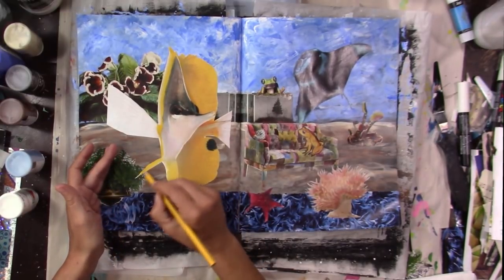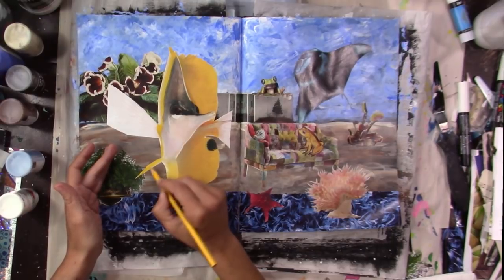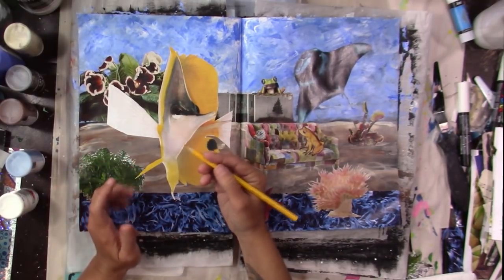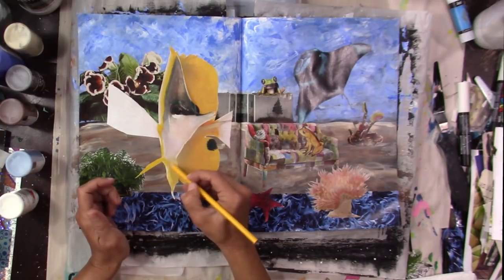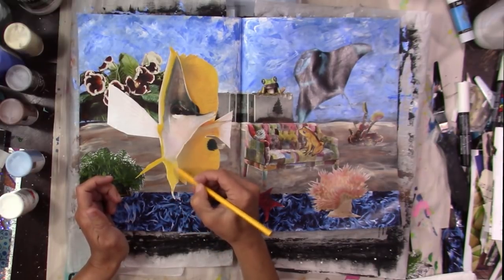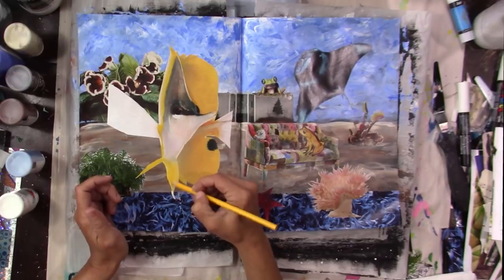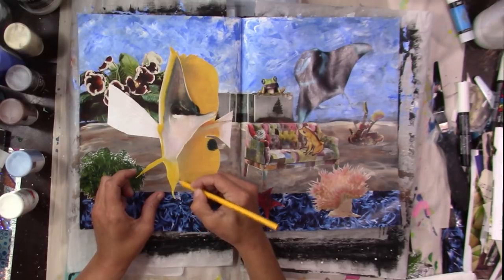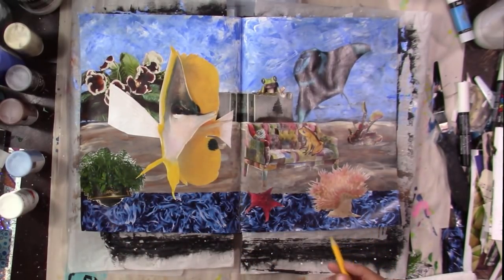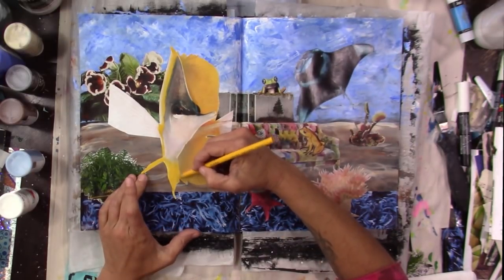I am quite liking playing with pencils. It's not something I usually do, which sounds really weird, doesn't it? But over the years, I used to colour in with the girls when they were little, but I don't sit and just colour. I know a lot of people do, and apparently it's amazing, but I haven't done it for a very, very long time, really. So getting back into it,